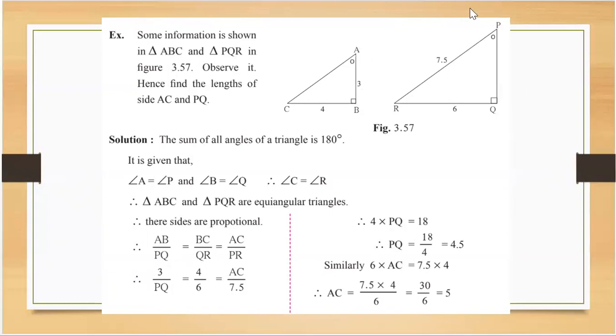So यहाँ पे पहले A लेंगे तो यहाँ पे पहले P लेना पड़ेगा, पहले B तो यहाँ पे पहले Q. So AB upon PQ is equal to BC. BC का corresponding side कौन सा रहेगा? QR, and finally AC upon PR. AC का corresponding side है PR, इसका हम लोग को ratio लेना है.